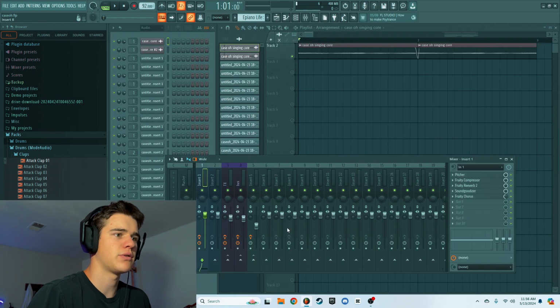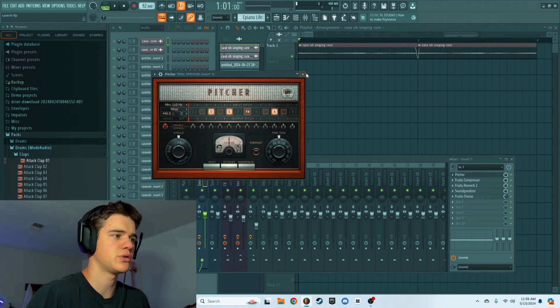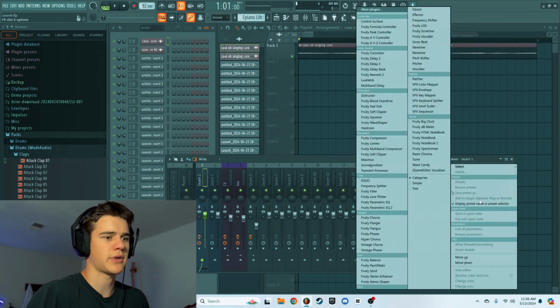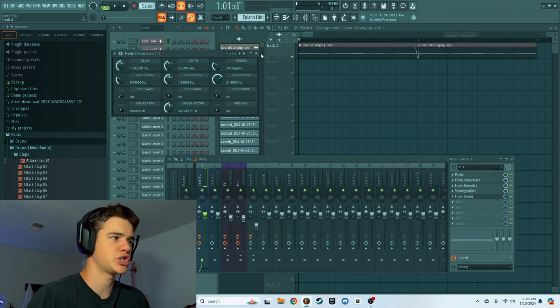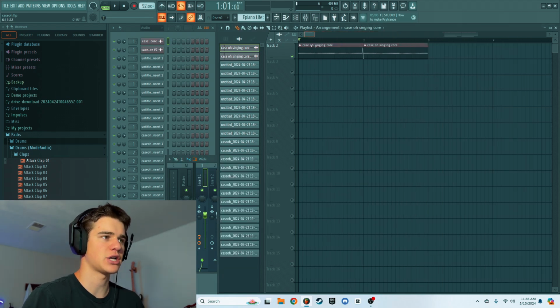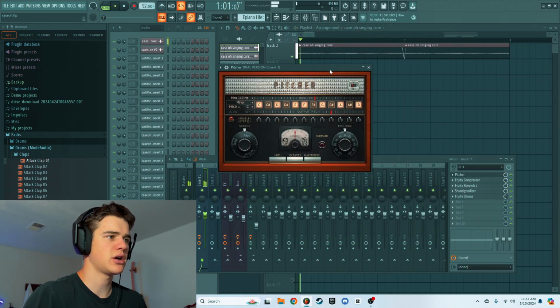I'm going to route this to track 1 right here, and then I put some effects down here. So we got the auto tune, and then a compressor, reverb, Soundgoodizer, and Fruity Chorus. What these will do is they will just help me create a better sound for the sample and make it more natural sounding in the beat. So with the auto tune right here,